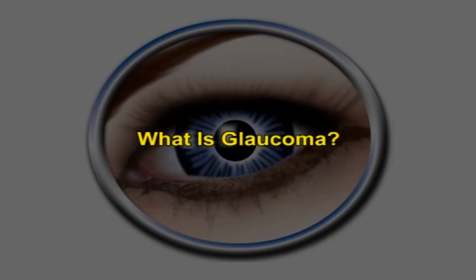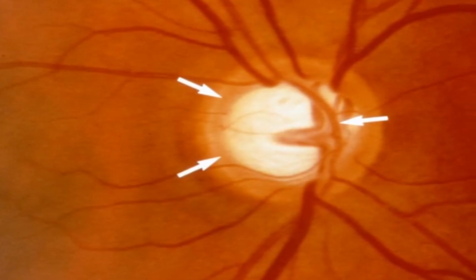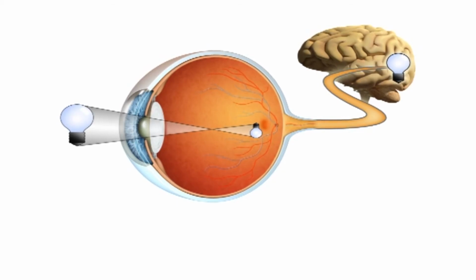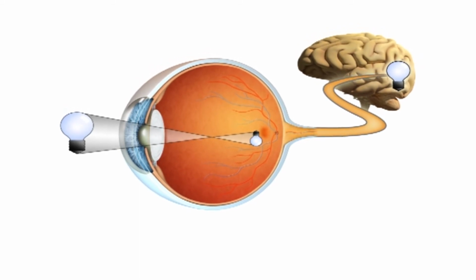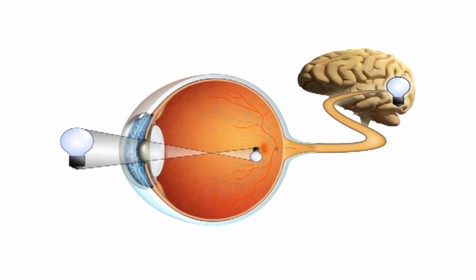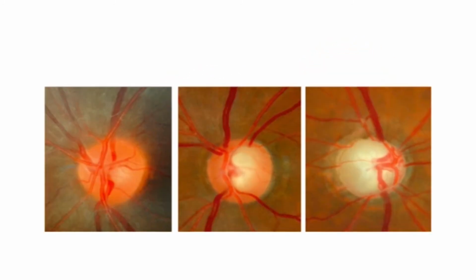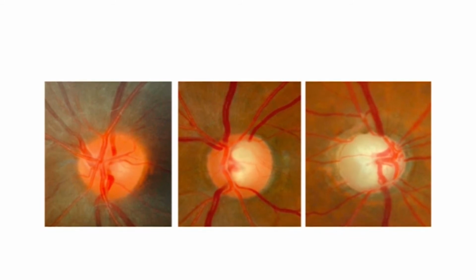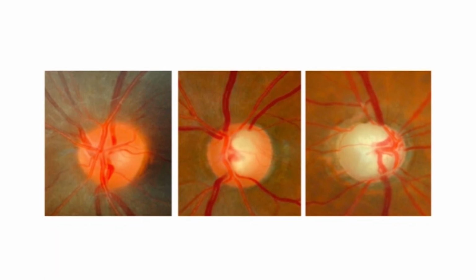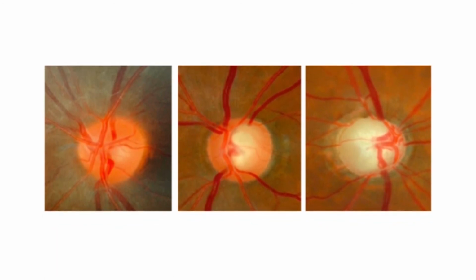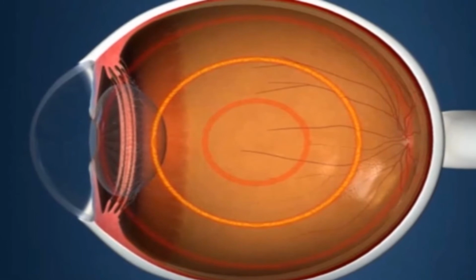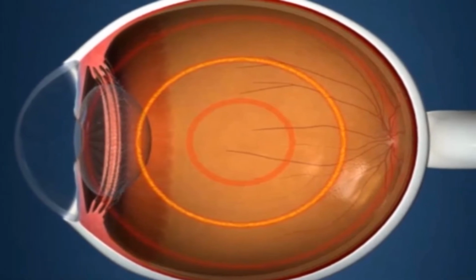What is glaucoma? Glaucoma is a disease of the major nerve of vision called the optic nerve. The optic nerve receives light-generated nerve impulses from the retina and transmits these to the brain, where we recognize those electrical signals as vision. Glaucoma is characterized by a particular pattern of progressive damage to the optic nerve that generally begins with a subtle loss of side vision, that is, the peripheral vision. If glaucoma is not diagnosed and treated, it can progress to loss of central vision and blindness.